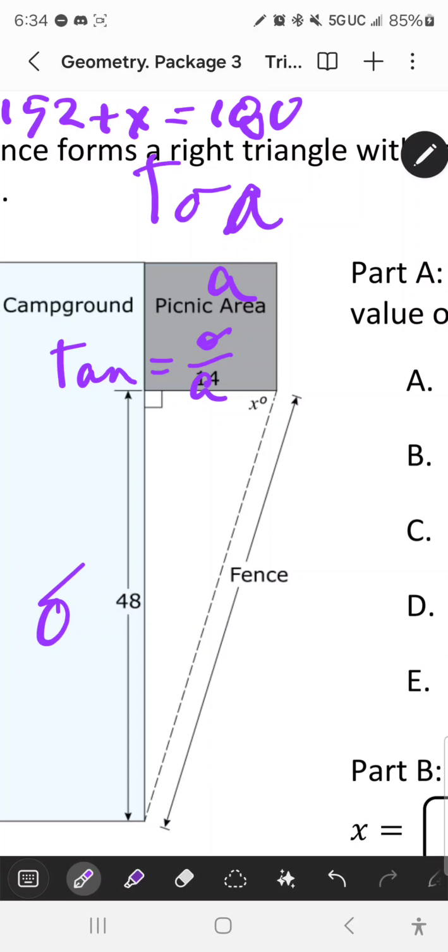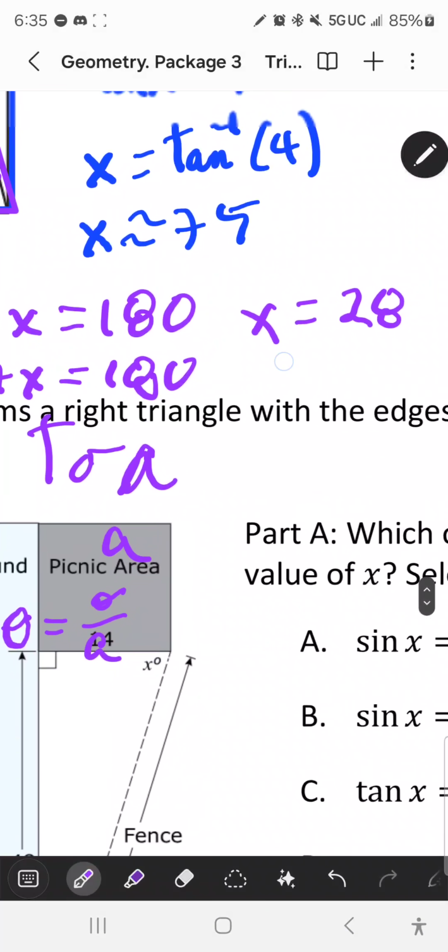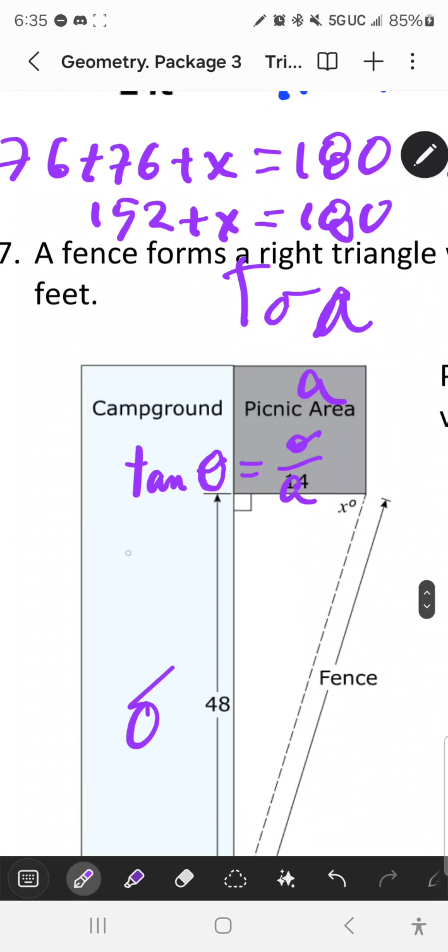Now, I want to know the tangent of the angle. Generally, you're going to use this figure, because it represents the angle itself. So now we want to know x, and x is an angle. This is basically what I did before. If we're going to calculate the angle, I will say that the angle is going to be equal to tangent -1